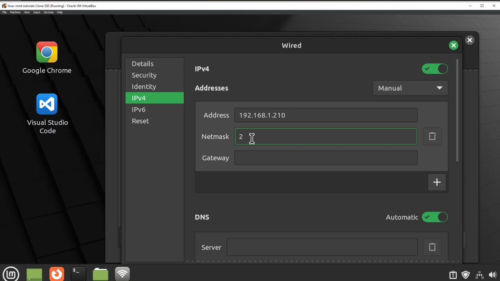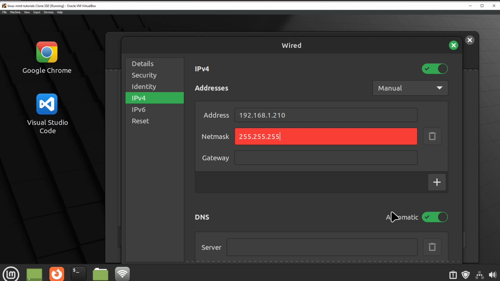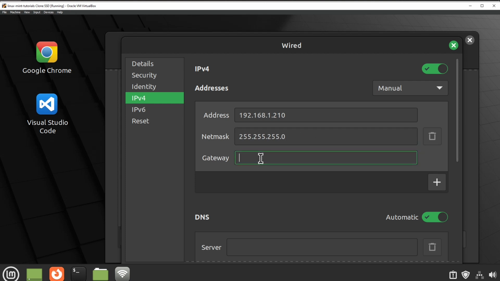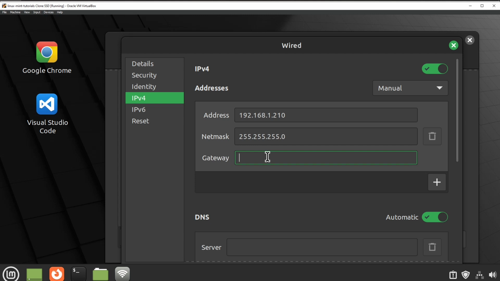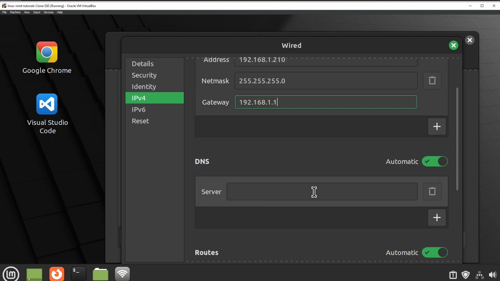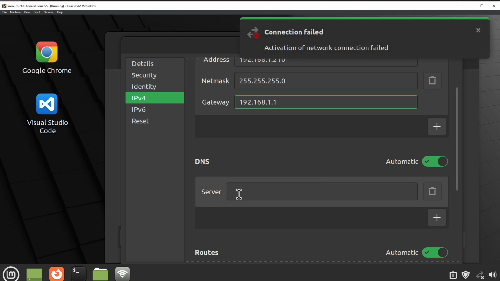And the net mask will be 255.255.255.0, only the last option is set for 0, and for gateway means to point to the IP address of the router that gives internet access to all devices, .1. For DNS I will leave this automatically, but if you have some kind of problems, you can use the